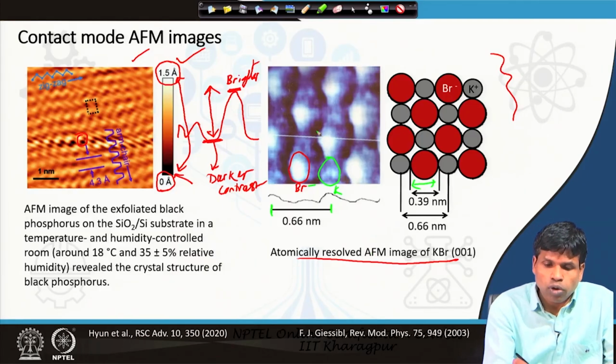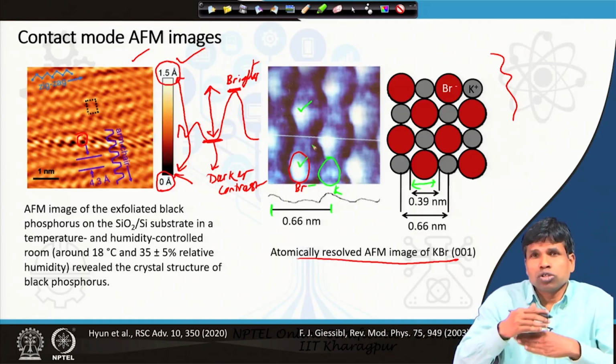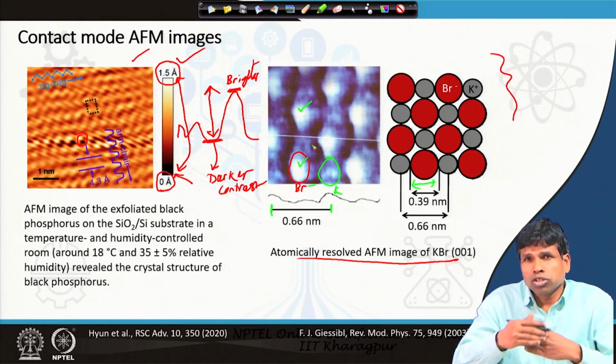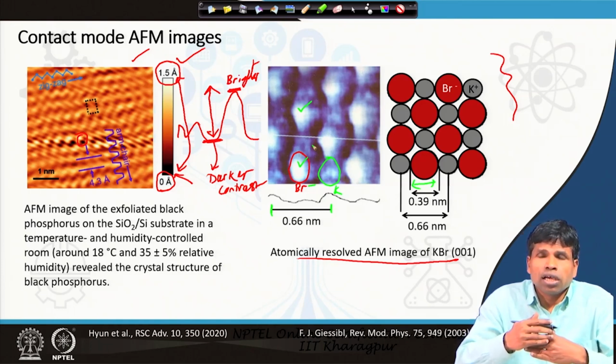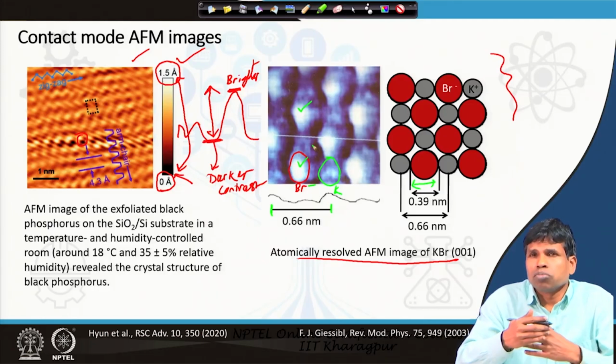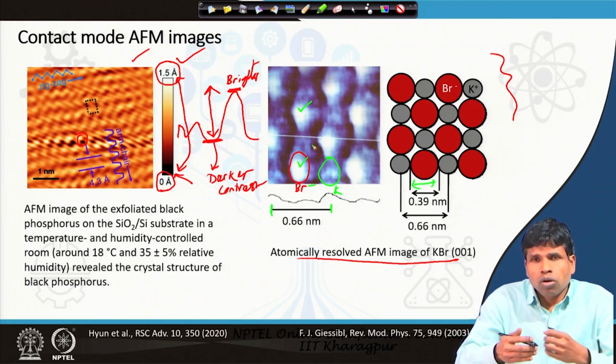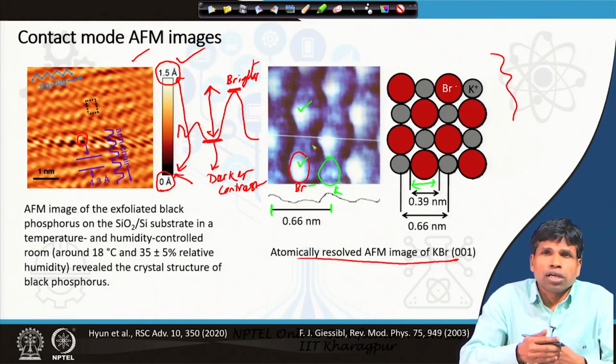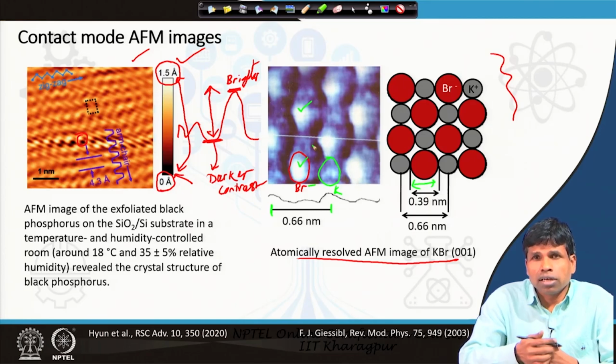Here, we see the brighter region because our tip is closer to the sample surface. As the tip gets much closer to the sample surface, there is a positive force gradient because of the repulsion. The tip of the cantilever, or AFM tip, has atoms, and those atoms have electron clouds. When they come in contact with the electron clouds of the atoms in the sample, there is repulsion, called Pauli repulsion, and that repulsion leads to the higher force gradient, and we are measuring the